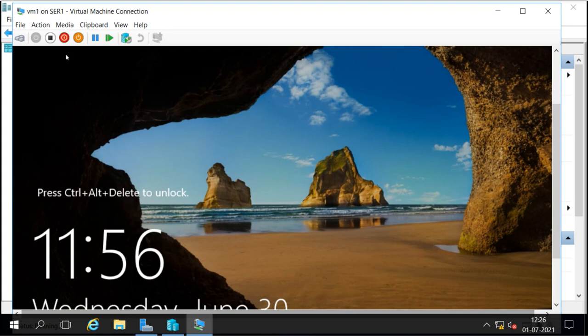Now we can see it has given a direct option to send Ctrl+Alt+Delete. So instead of pressing the keys directly on your keyboard, you should use this option here. It will directly send the Ctrl+Alt+Delete signal to this virtual machine.